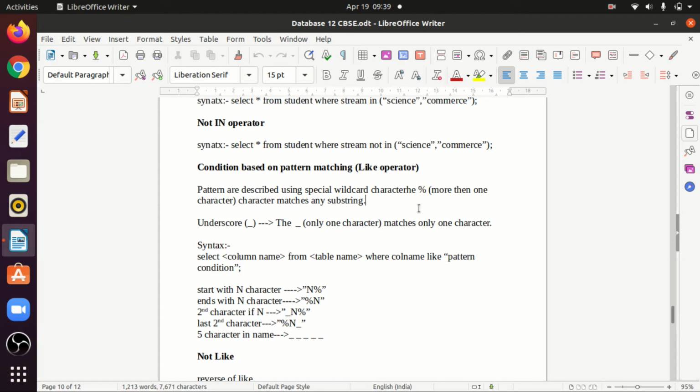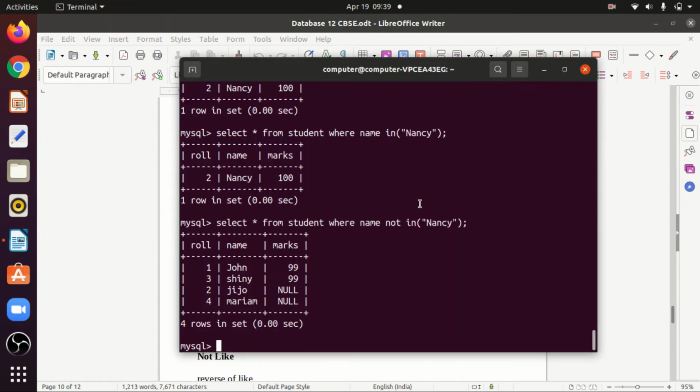For example, if I want to print all the names starting with n, select star from student where name is like n%. % means anything.